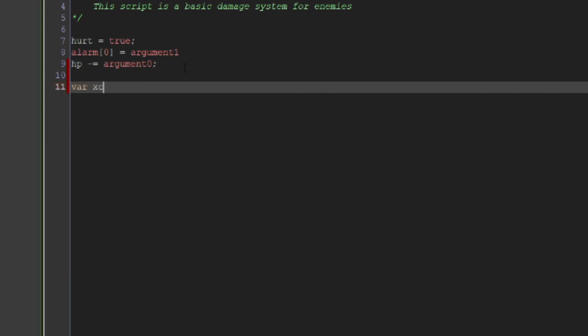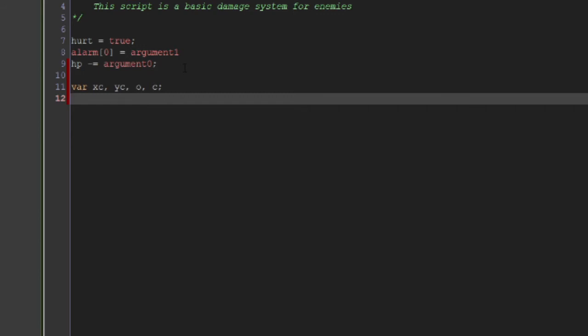So we're going to say var xc, yc, o, c. XC is our X coordinate of where we want to create it. YC is similar, in the Y direction. O is going to be our object index, and C is going to be the variable that says instance create